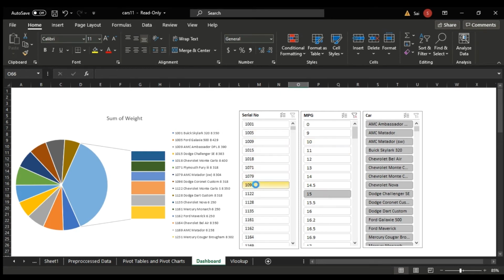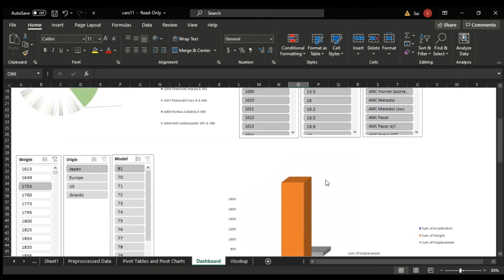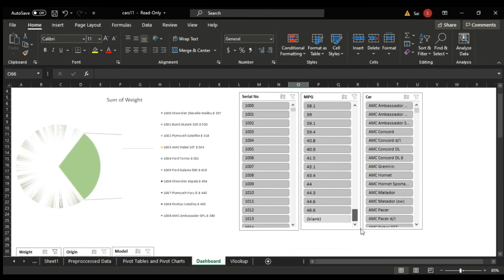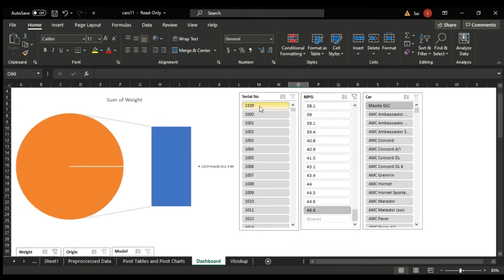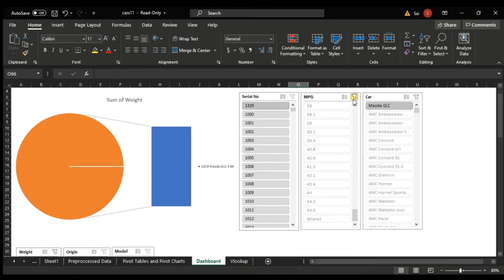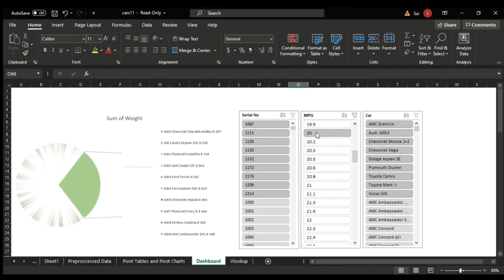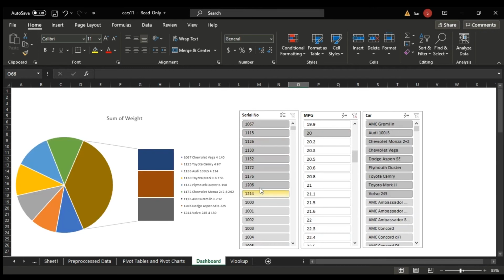Once I select a miles per gallon value, it shows the serial number which is the same. Once I selected 15 as the miles per gallon, it shows the serial number which is similar and the car which is similar, which has miles per gallon as 15 in the data set. So you can fix any miles per gallon from the drop down list, so that you can find the pie chart on your website.